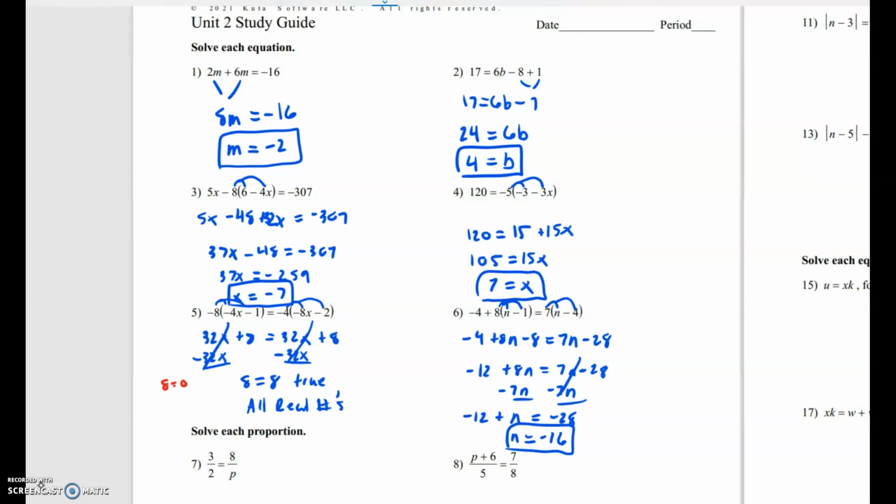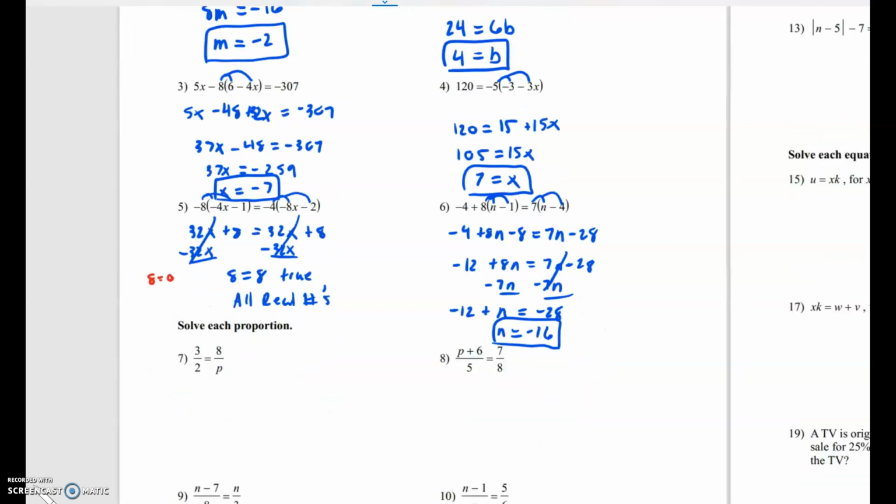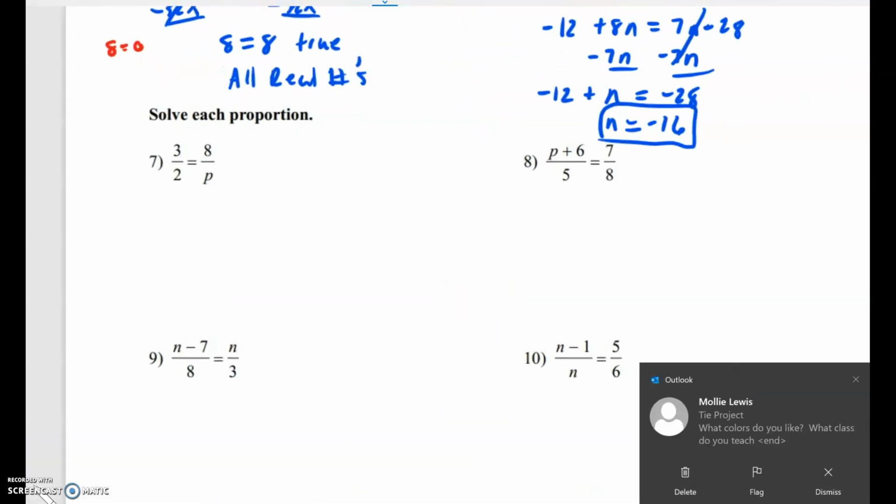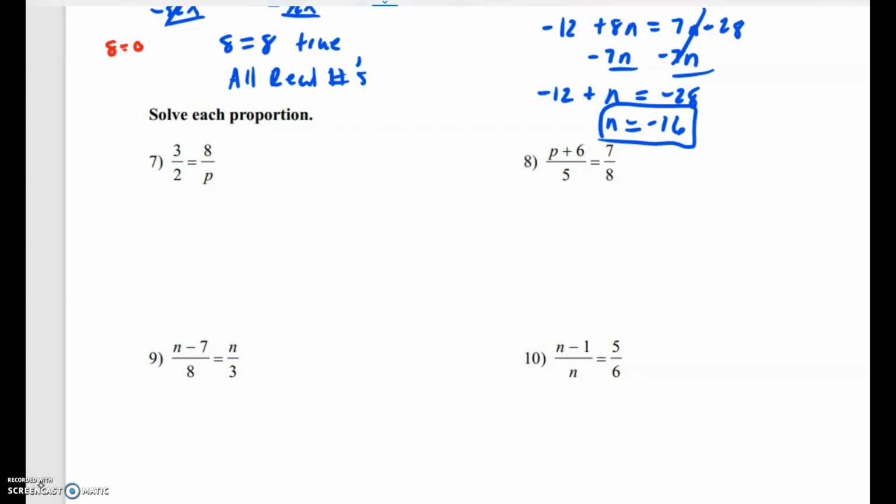If you need some help, go ahead and ask me during class. Questions 7 through 10, solve each proportion. All right, so we learned that when we're solving proportions, we can actually use the cross products to help us